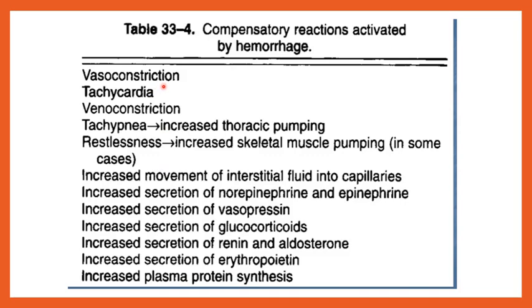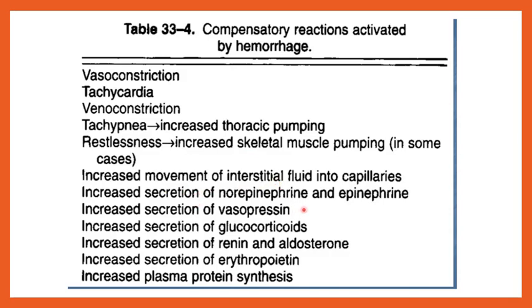The first and foremost important one is vasoconstriction, tachycardia and venoconstriction, which are due to stimulation of the sympathetic nervous system, and tachypnea, which leads to increased thoracic pumping, and restlessness leads to increased skeletal muscle pumping in some cases, and increased movement of interstitial fluid into the capillaries,